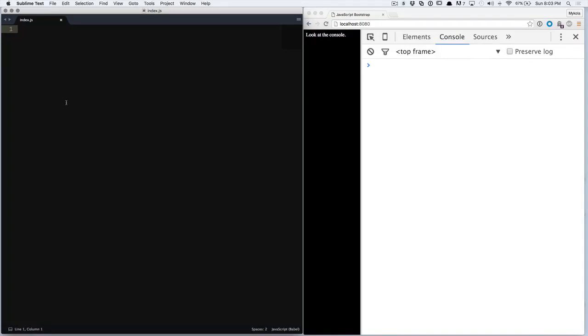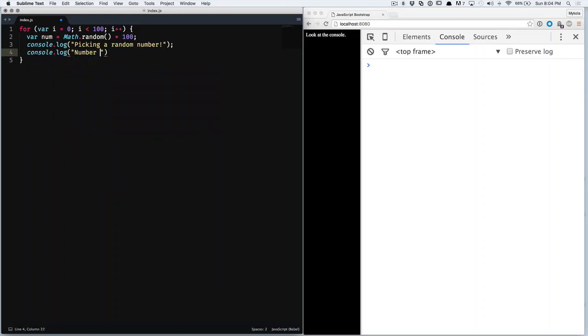Do you ever find yourself in one of those situations where you've got like a whole bunch of data processing going on, for instance, and you're trying to log stuff out, and you want to make sure that visually you can tell how things are grouped together in your logs? So this is going to be a contrived example, but let's just say like for i equals 0, i is less than 100, i plus plus. So this loop's going to iterate 100 times. We're going to say var num equals Math.random times 100. So pick a random number between 0 and 100 times. And we're going to say console.log, picking a random number,